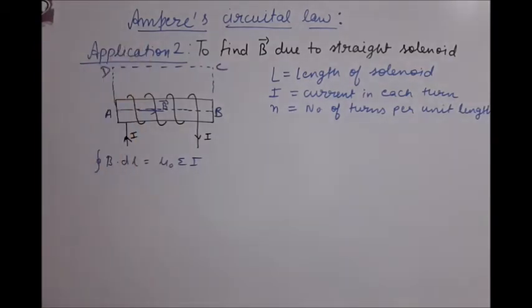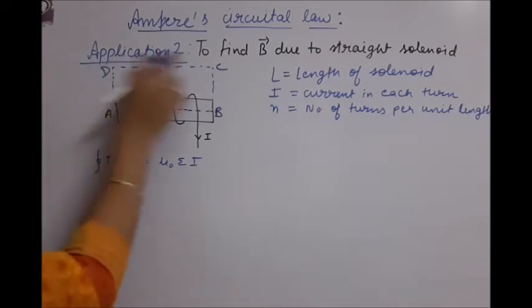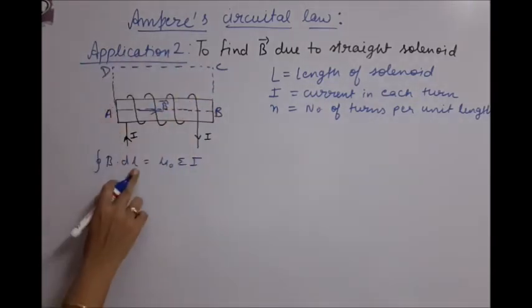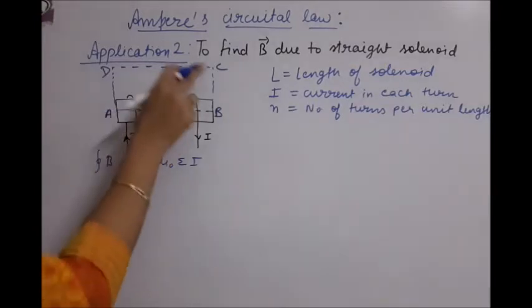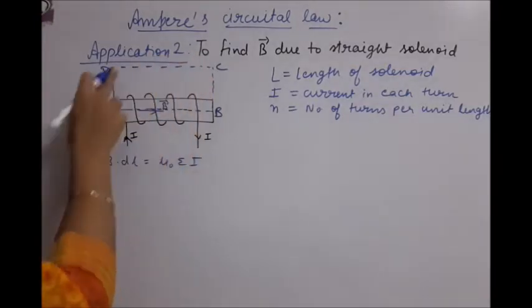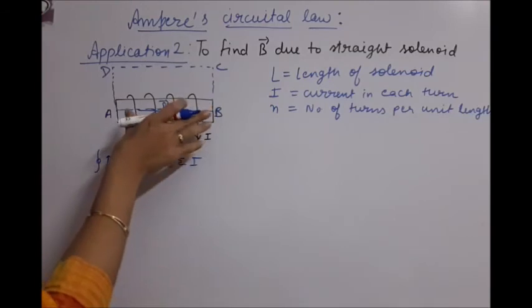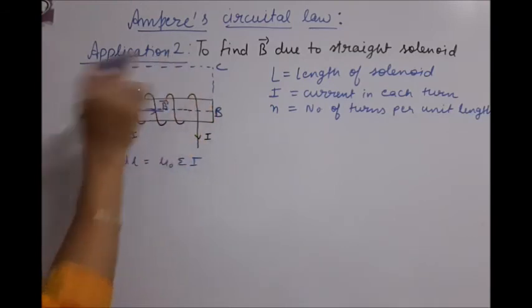Okay, we have taken a rectangular loop as you can see. Now for this loop, we have to solve the integration of B dot dl. This is a length integration, so we also have to divide this loop into different lengths, and wherever a discontinuity appears, we have to break it.